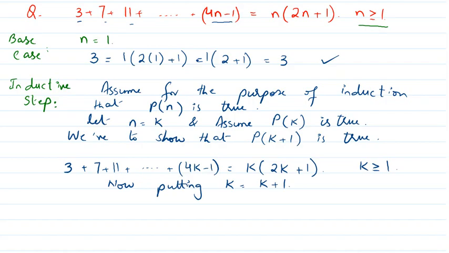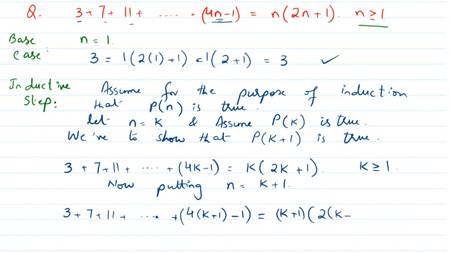So let n, sorry, I should write it, n equals to k plus 1, क्योंकि पहले हमने n को equals to k किया, अब हम n equals to k plus 1 कर रहे हैं. So the series I'm going to get is 3 plus 7 plus 11, so on up to 4 times, n की जगह क्या आ गया, k plus 1, so k plus 1 minus 1. ठीक, and on the right hand side, replacing every n with k plus 1, 2 times k plus 1 plus 1. ठीक,